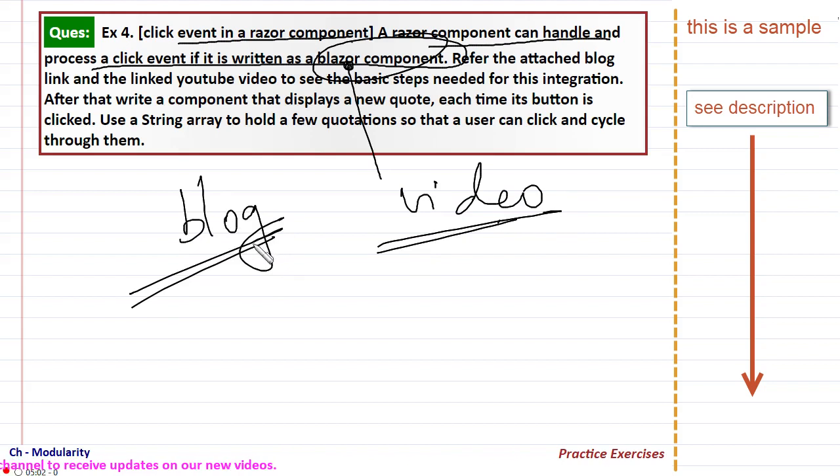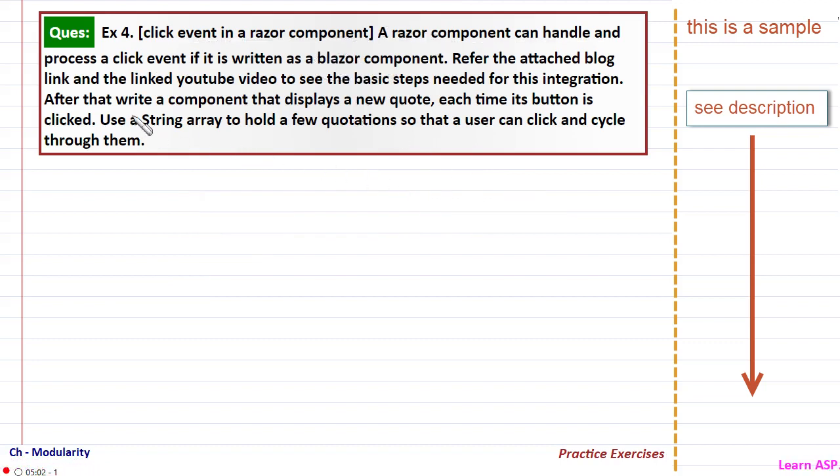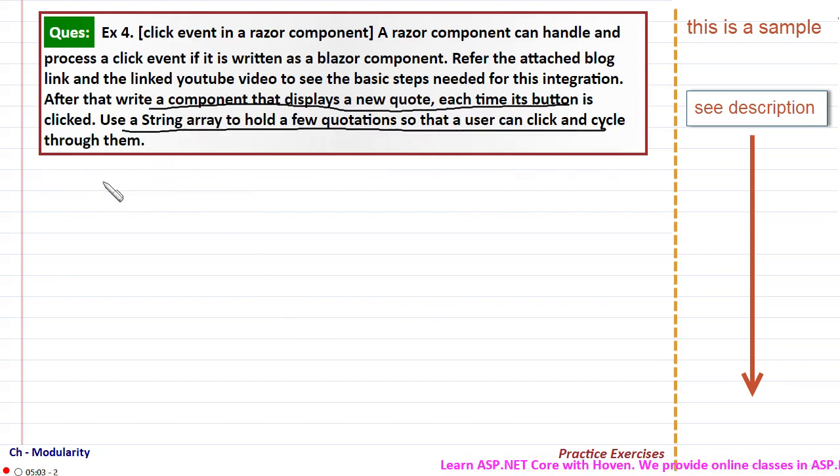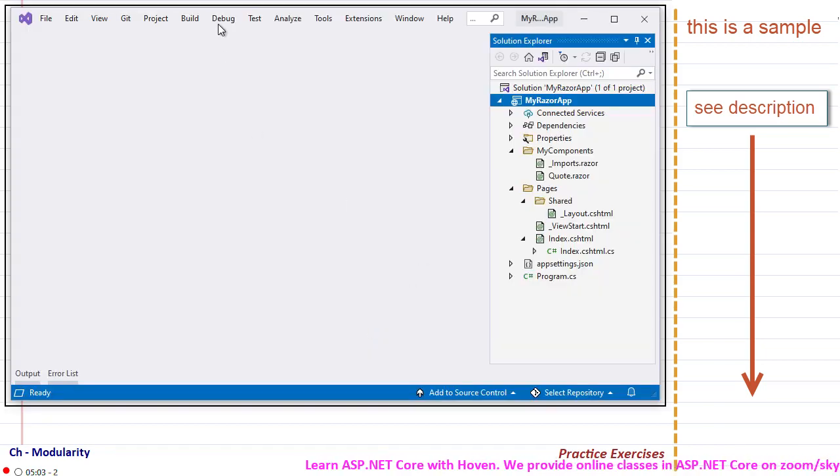Go through all the steps to establish a connection between a Blazor component to see how a Blazor component can be put inside your Razor page. And now the question is that we have to write a component that displays a new quote each time its button is clicked. So we only need to use a string array to hold a few quotations so that you can cycle through them. Let us first of all have a look at what we are actually